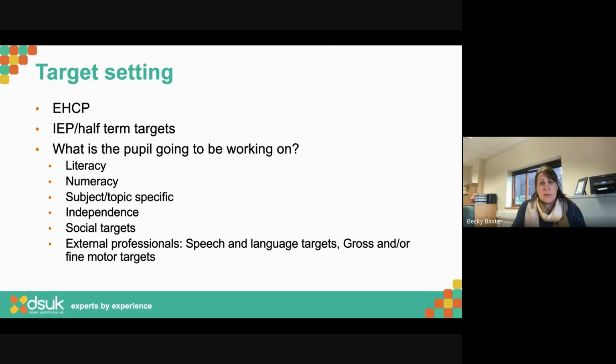So I'll be thinking about, do we have some targets around literacy that then could be used in lots of different lessons? If I think, oh, my target is to be able to independently write a sentence, and I've got a strategy that's going to help me do that. So I might, let's say, come up with my ideas on a word web first. I might have a sentence frame to put some key information into, but I know what my literacy target is. Then I can use that across all different